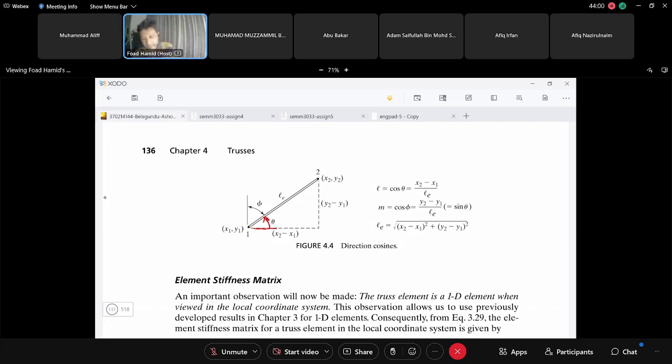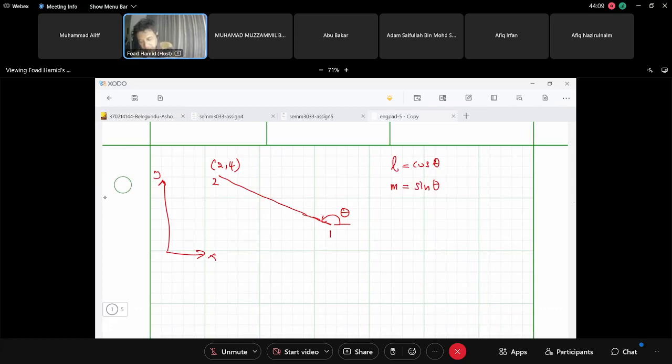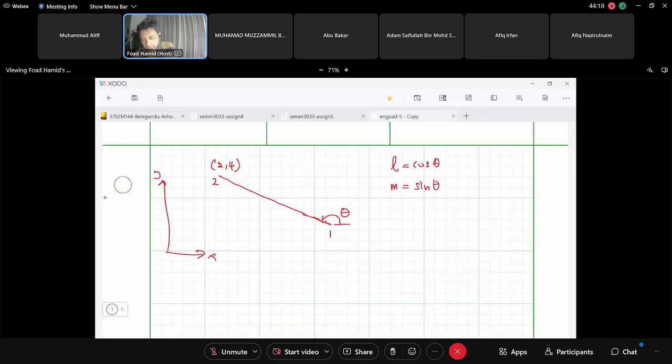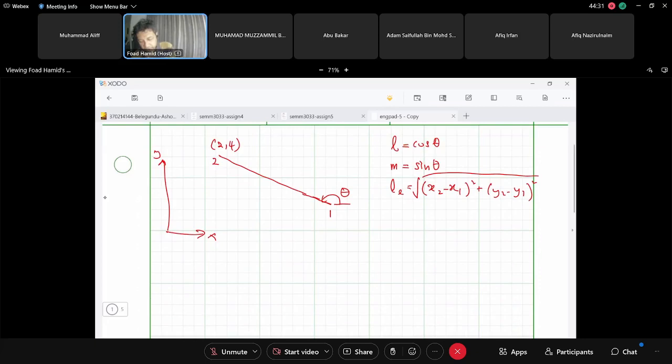And the formula is this. This is in your textbook. So now it's easy. If you just follow the formula here, then we should be okay. So LE is just the square root of x2 minus x1 squared plus y2 minus y1 squared. If you do this correctly, you should get